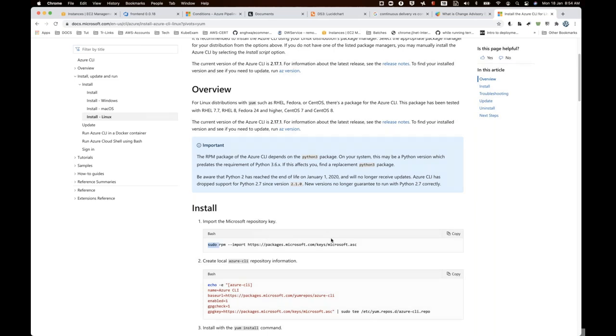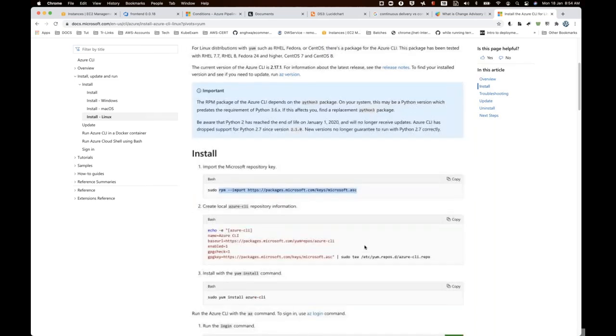So the first thing is to import this particular key. I don't think you really require an import, it does that automatically. The next one is I just need to have this particular file copied to the remote node.